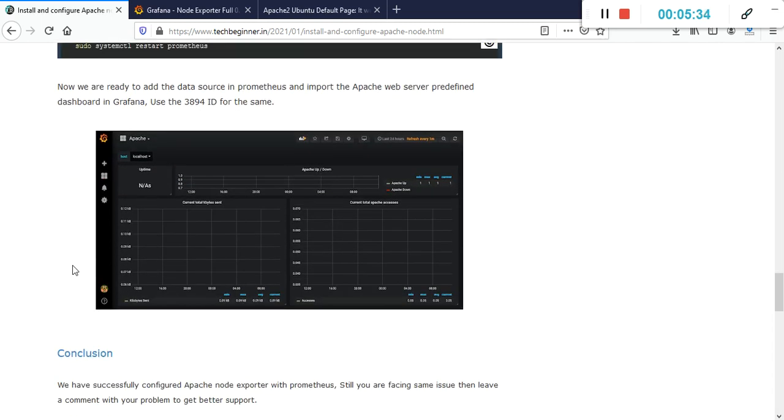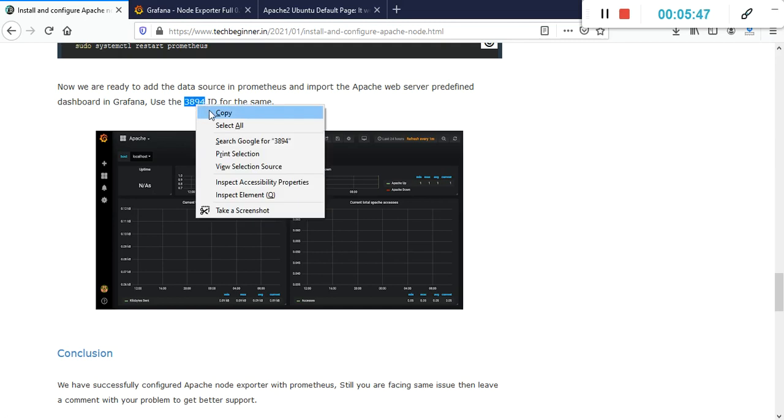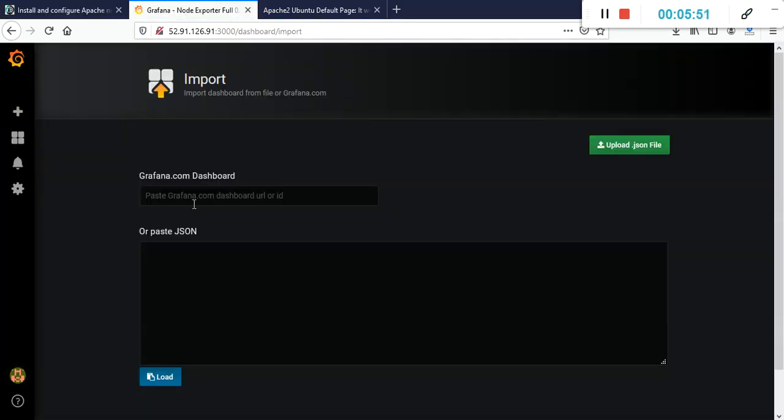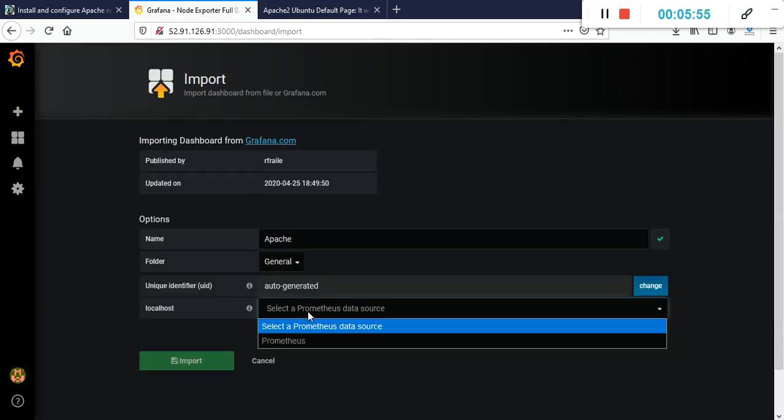And after that we need to go to our Grafana dashboard and use this dashboard ID to get the Apache metrics. Just click here, and here you need to select Prometheus, just click on import.